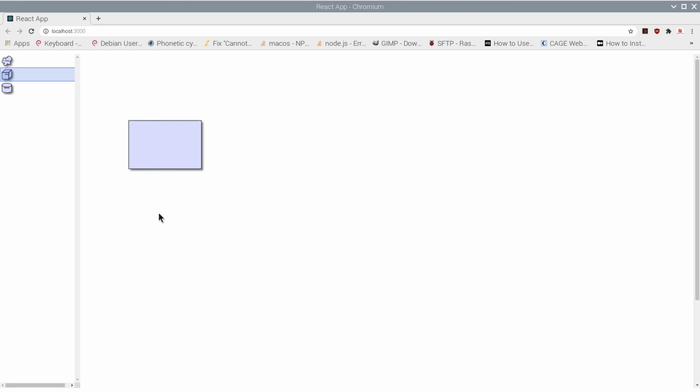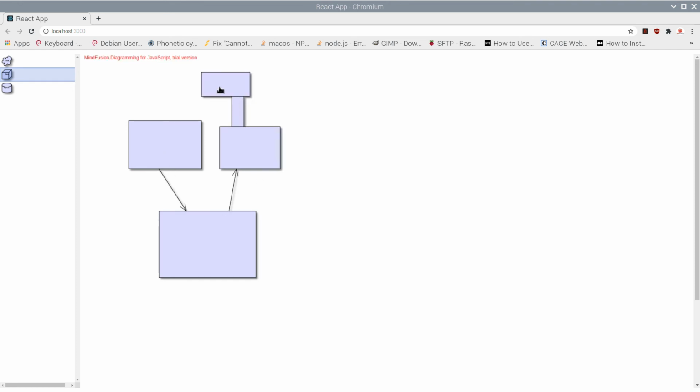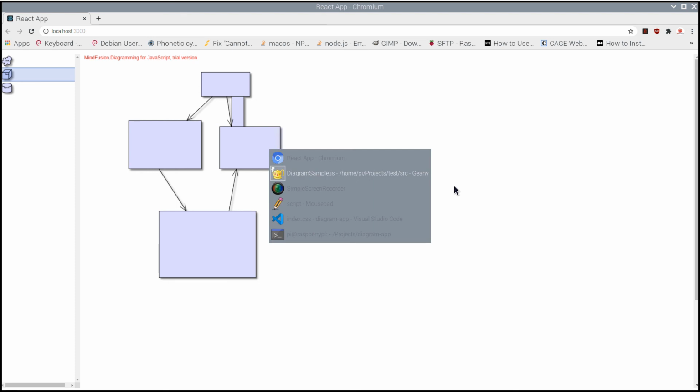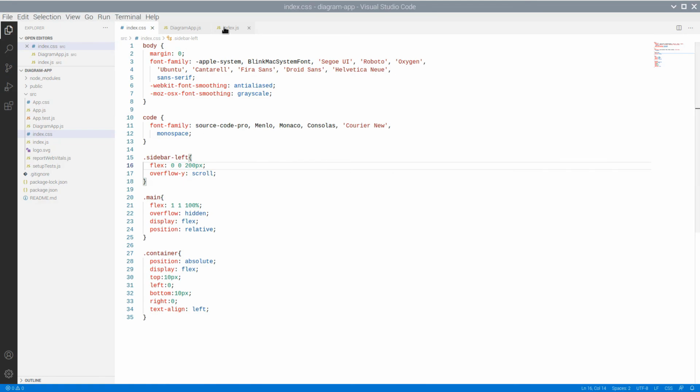The white area is actually the diagram surface, and we can draw shapes and link them. However, drag and drop from the node list view does not work. And the reason is we haven't identified the diagram to be associated with the node list view.